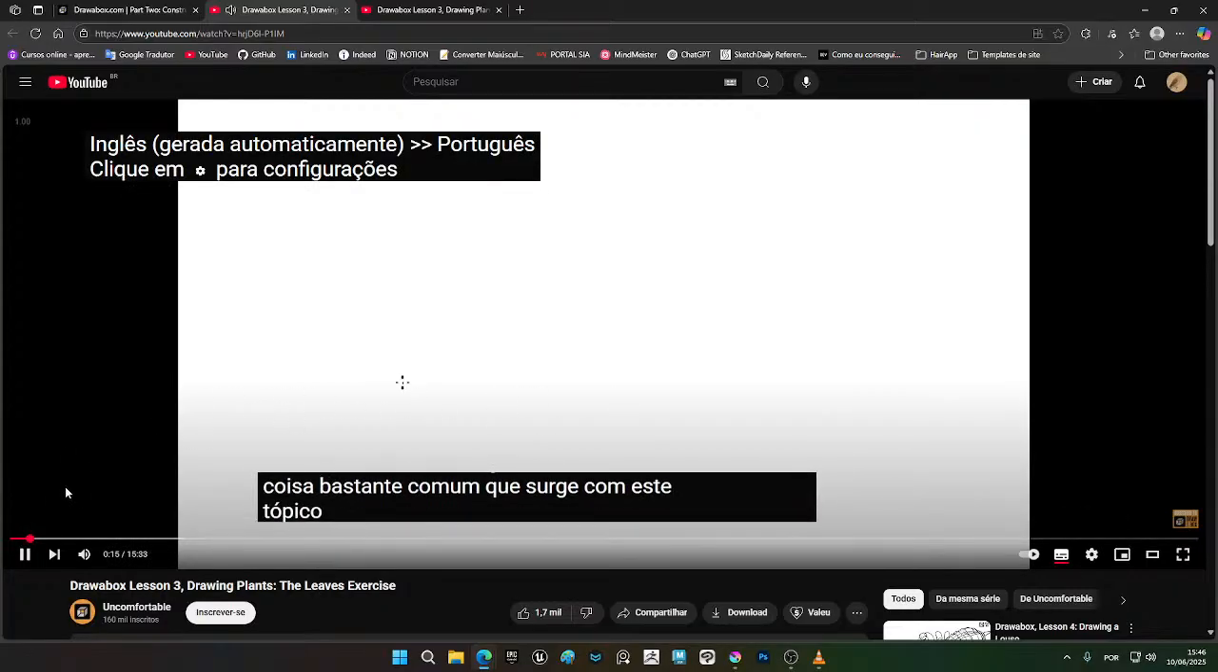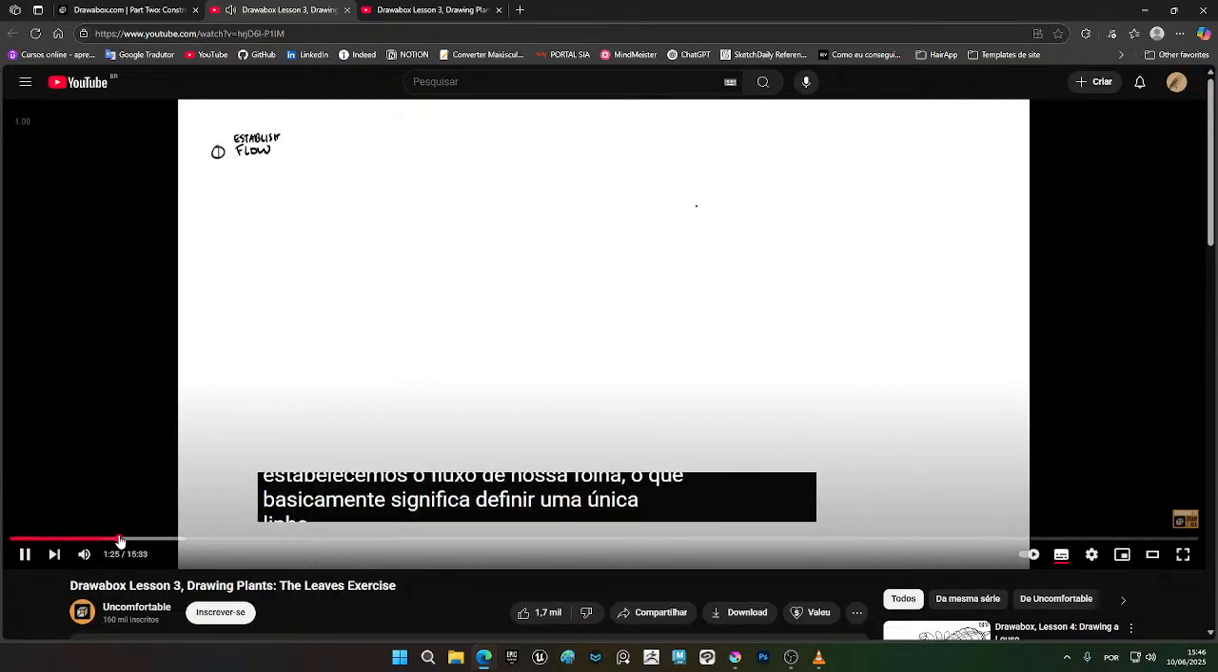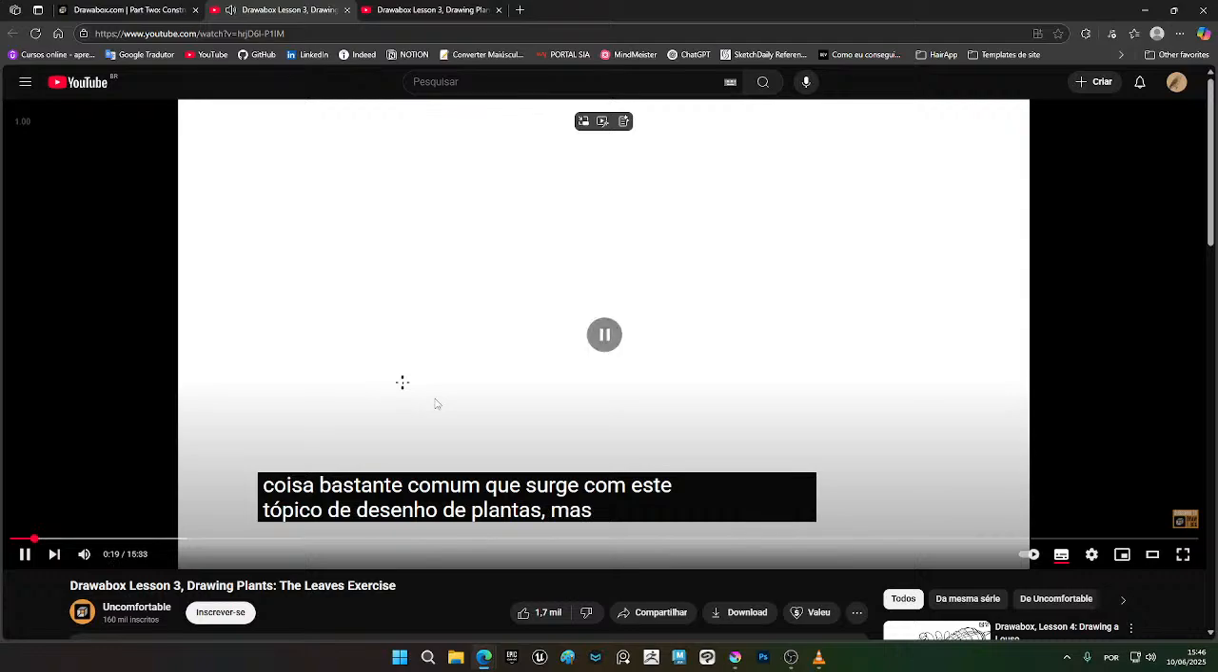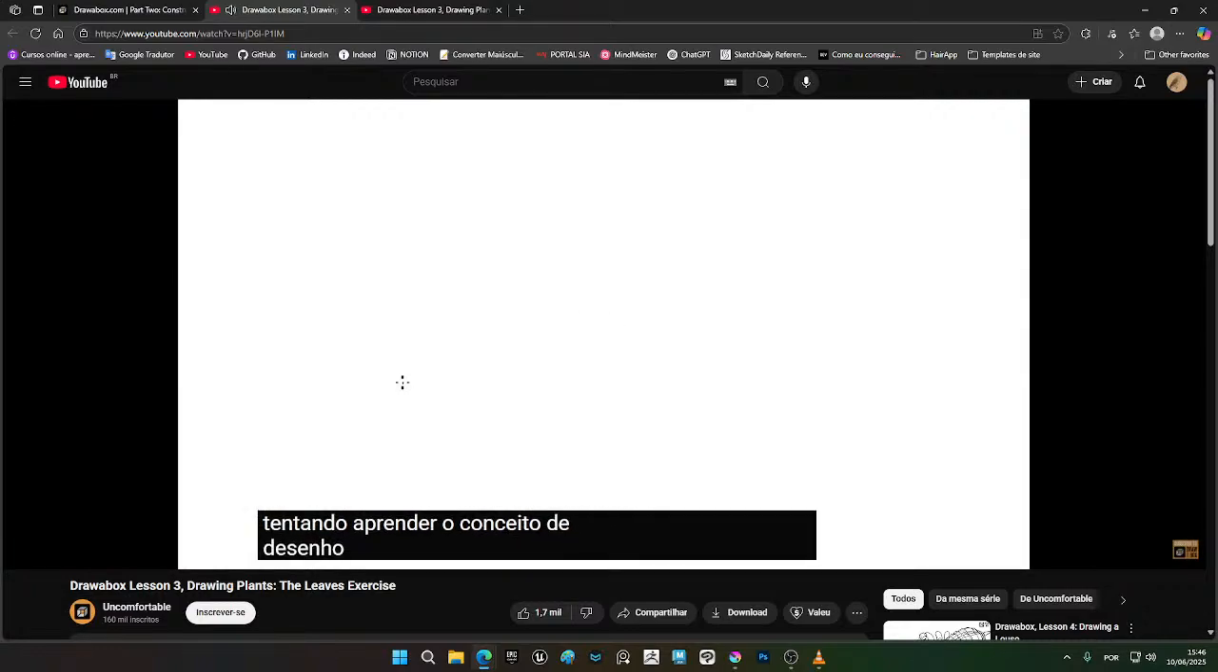The first exercise has to do with drawing leaves. Now, this is a pretty common thing that comes up with this topic of drawing plants, but it's not that we're learning how to draw plants specifically, it's that we are trying to learn the concept of constructional drawing from this perspective of drawing plants. And as we move through the different lessons, it'll be more about changing the way we look at the same